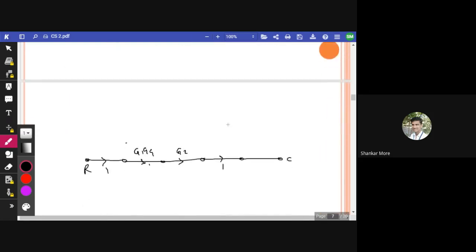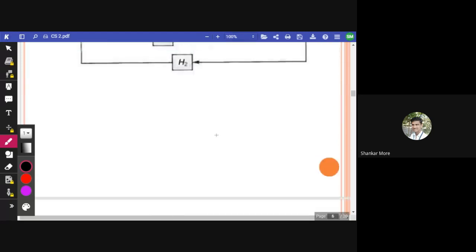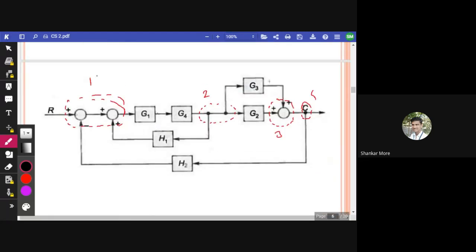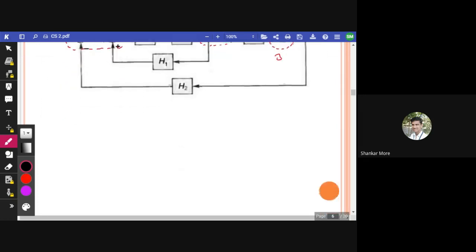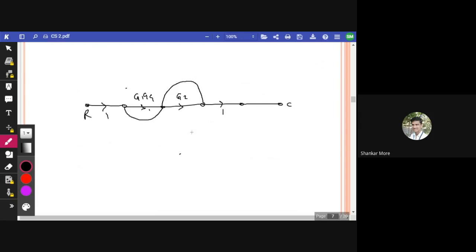तो यहाँ पे ड्रॉ कर लो. सेकेंड इज दिस, माई सेकेंड नोड इज दिस. सेकेंड टू थर्ड में एक जा रहा है एंड सेकेंड टू फर्स्ट एक जा रहा है. राइट. सो व्हाट इज द नेम ऑफ दोज, what will be the path gain? This is G3. सेकेंड से थर्ड में जो जा रहा है दैट इज पॉजिटिव G3 एंड सेकेंड से फर्स्ट में जो आ रहा है दैट इज पॉजिटिव H1. ऑलराइट. सो ये रहा G3,